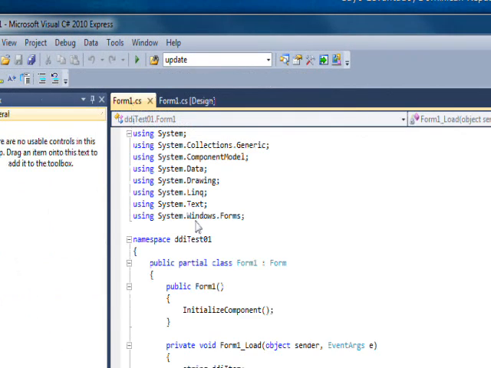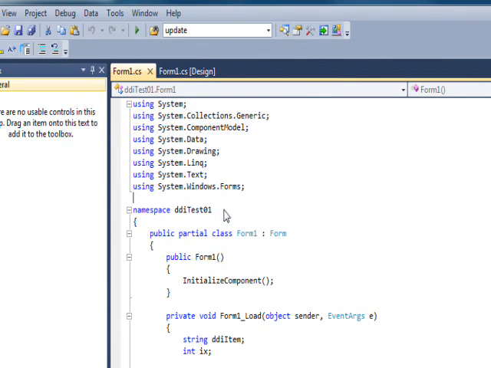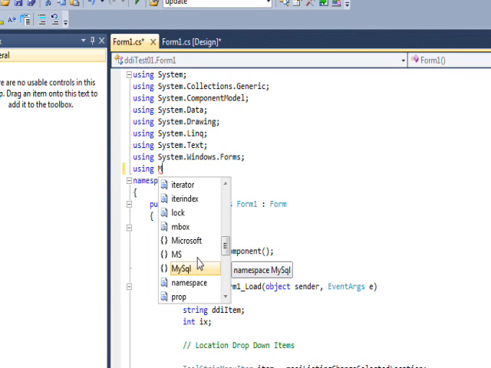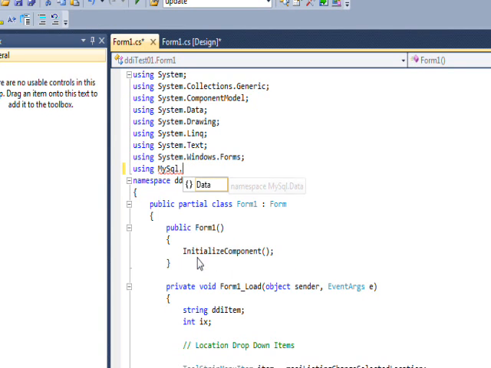And then in the code in the back we need to use using MySql.Data.MySqlClient,